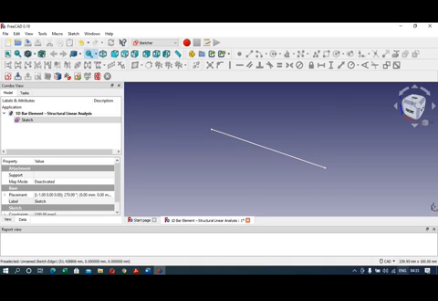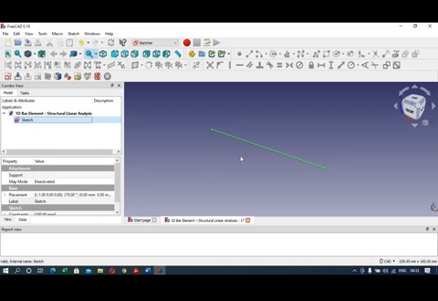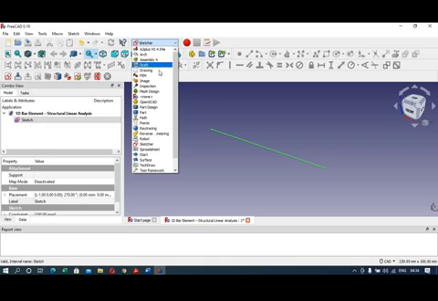So the different options which are available in the navigation style are CAD, Revit, Blender. So if you want to rotate this object, then you can use the Blender option that we will see later on. So now you are finished with the basic drawing of the bar. So you can move to the FEM option. So from this drop down menu you can select the FEM, finite element method.